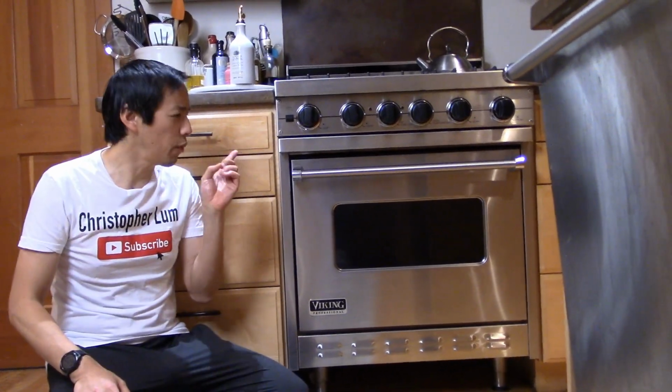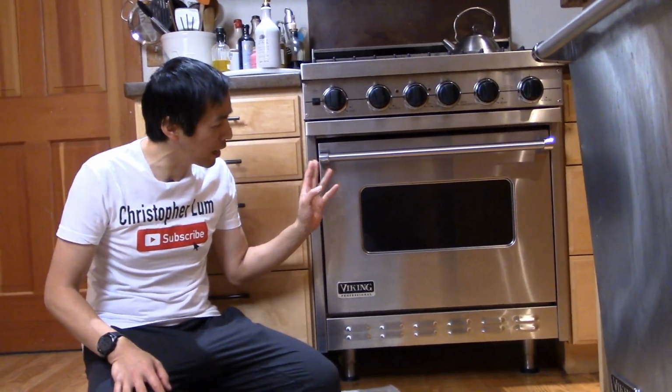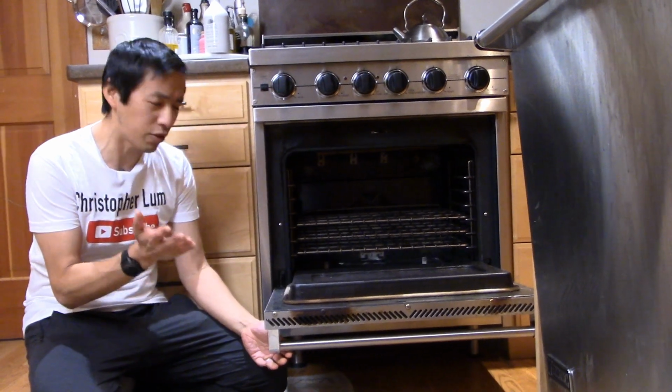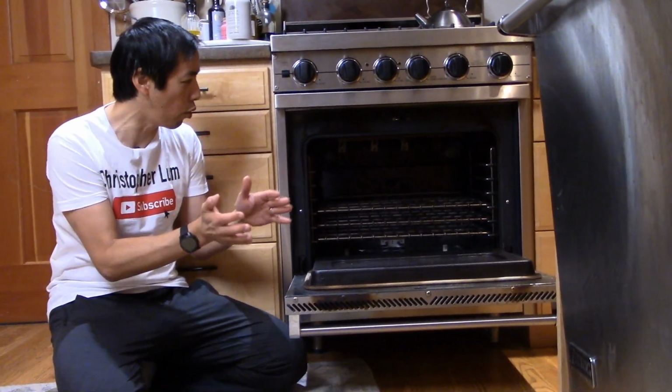So today we are having a small problem with the oven door. I was down here the other day making and baking a savory cheese souffle, and I tried to open the door, and you can see right now there's something wrong with the hinge in the sense that it doesn't shut the door and hold it tightly against